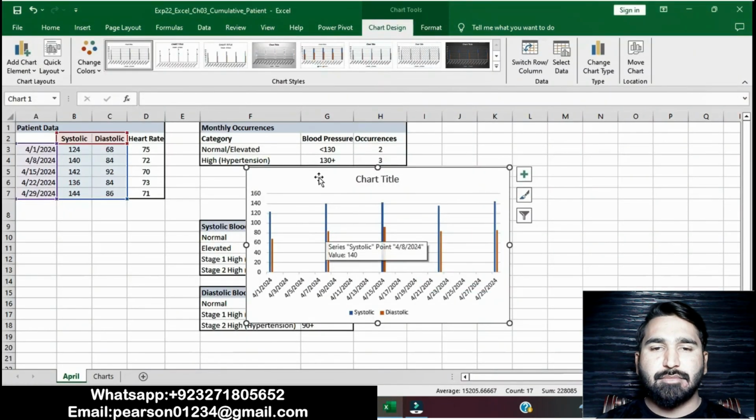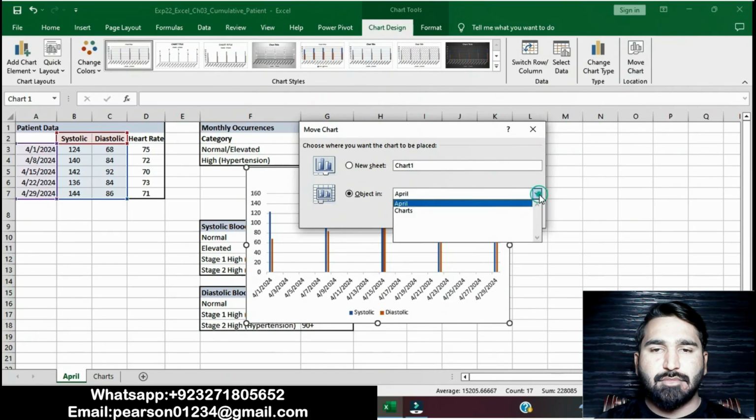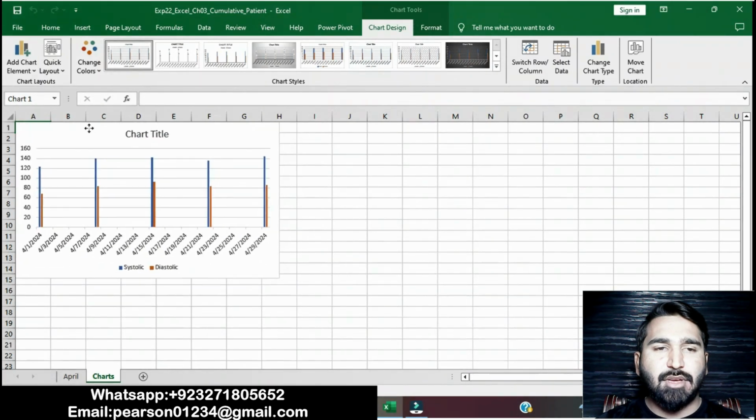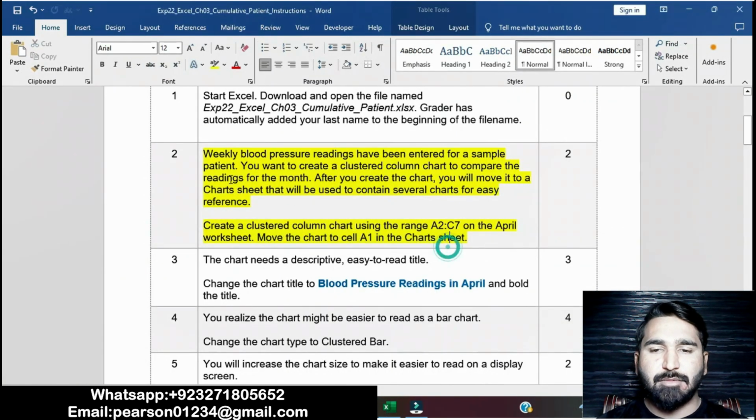Right click on this, Move Chart, sheet. Okay, and right click on this, cut and paste into cell A1, or you can move the chart to the top left corner at A1. Now moving on, the next question is question number 3. In question number 3 is that